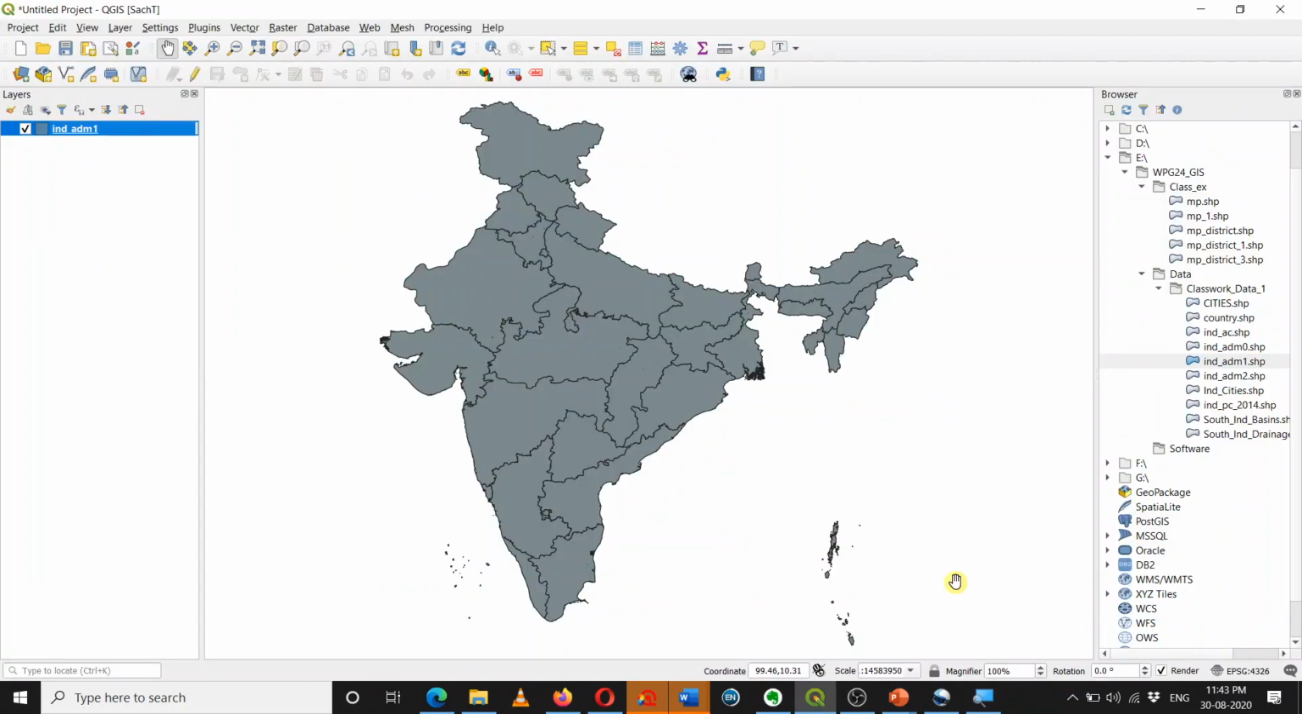Hi, in this video we'll see two things. One is about the metadata and second is we'll talk about coordinate reference system. Whenever we open any project in QGIS environment, it has its own default coordinate reference system or also called as